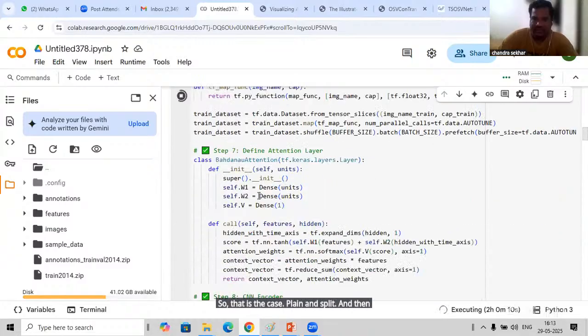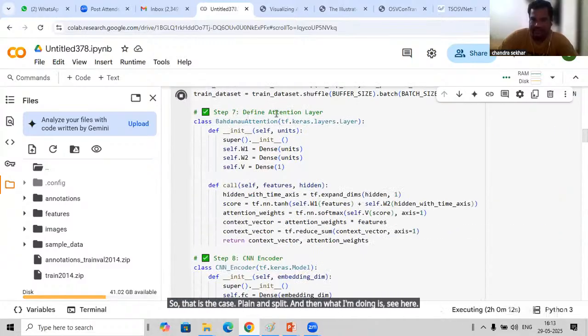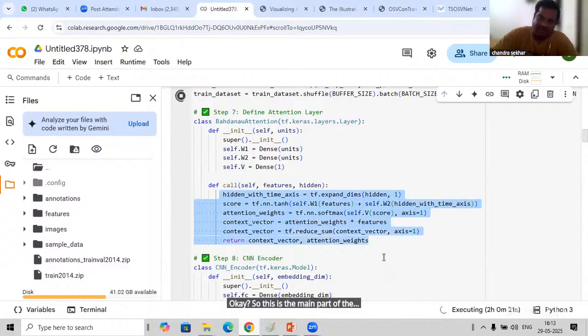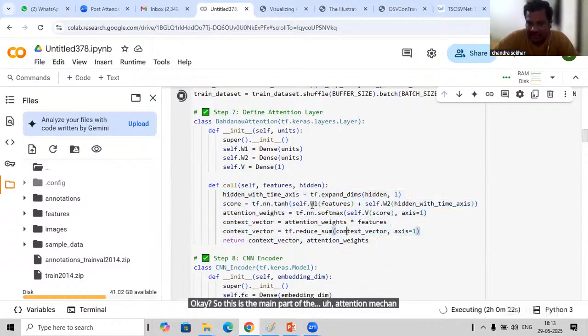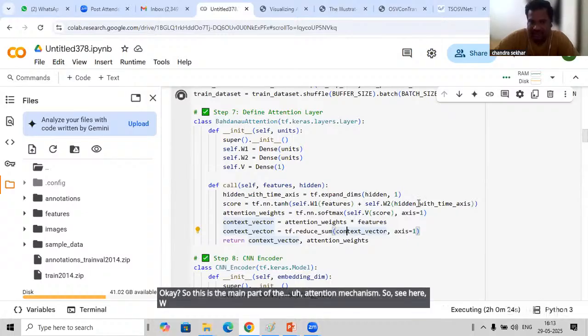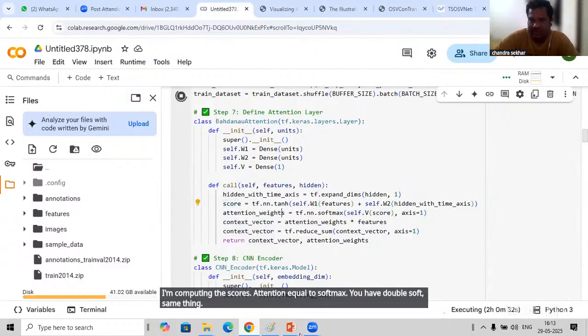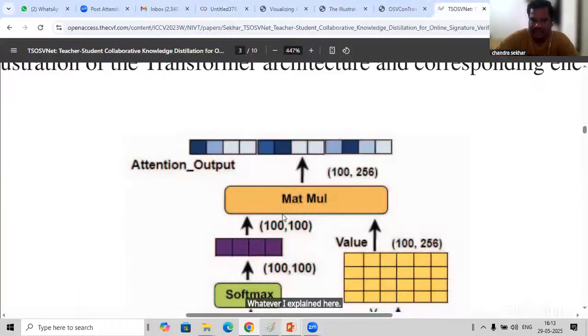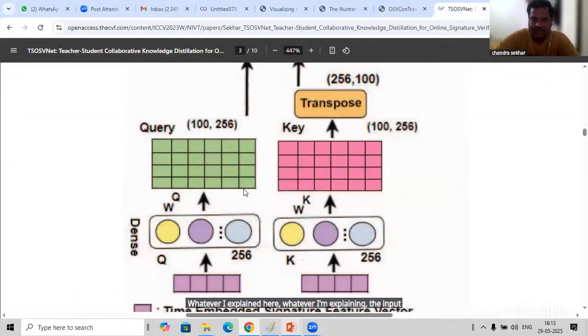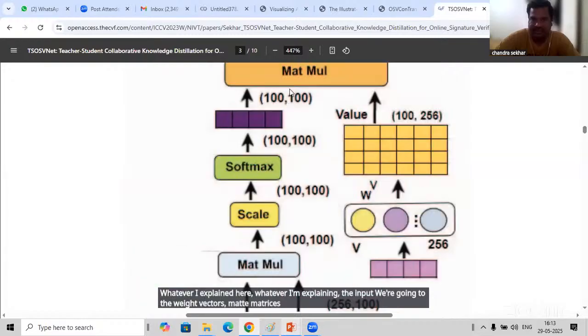And then what I'm doing is, see here, the attention mechanism I need to compute. I have weight W1 vector, Q, K, V vectors. Okay, so this is the main part of the attention mechanism. See here, W1 features plus W features, I'm computing the scores. Attention equal to softmax. You have to apply the same thing. Whatever I explained here, the input going to the weight vectors, mathematical scaling, softmax, the same I